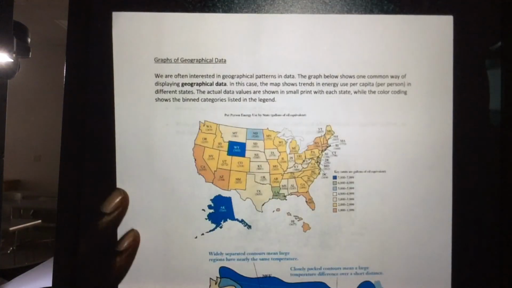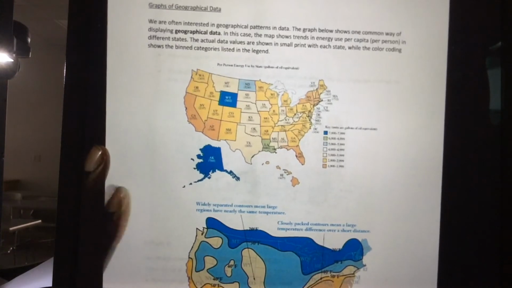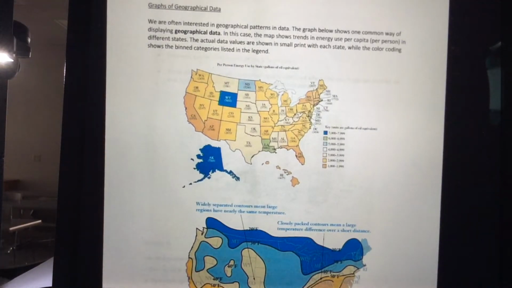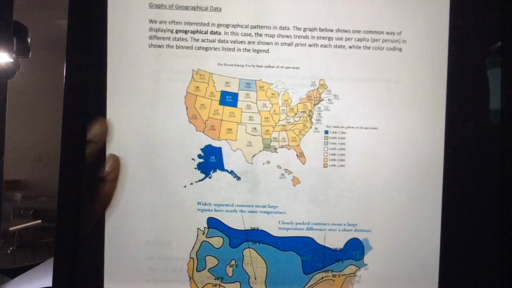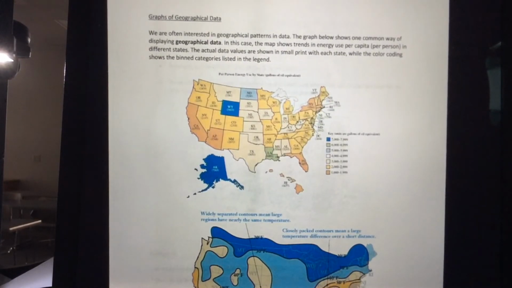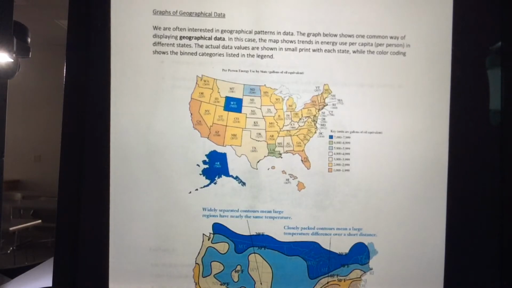Okay, next we'll look at graphs of geographical data. I'll just talk about these. We won't do a lot of examples on these, but I'll just talk about those because these are found in real life. We are often interested in geographical patterns in data. The graph below shows one way of displaying geographical data. In this case, the map shows trends in energy use per capita in different states. The actual data values are shown in small print with each state, while the color coding shows the bin categories